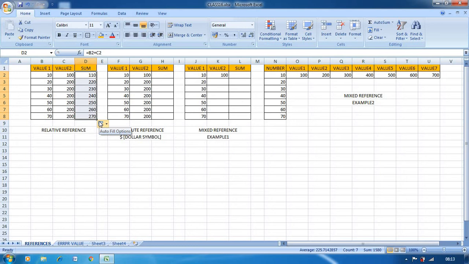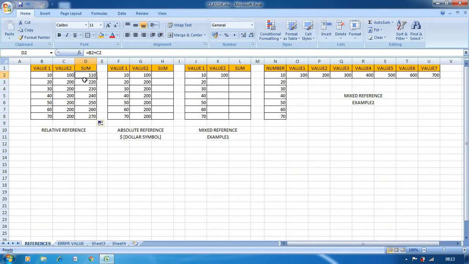If the formula is copied with relative reference, then the cell references used in the formula will automatically change in the copied cell. See here, in this example, what I have done is, I have written equal to B2 plus C2. So it is in the cell D2.